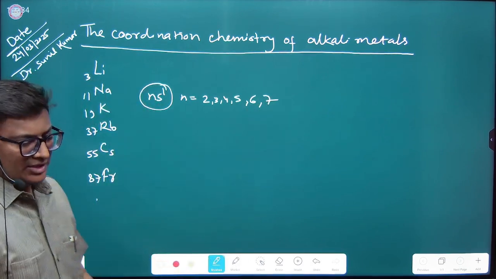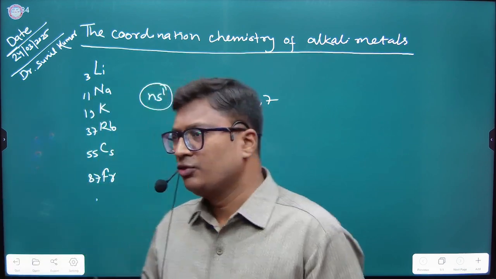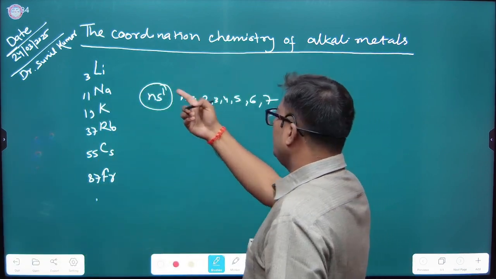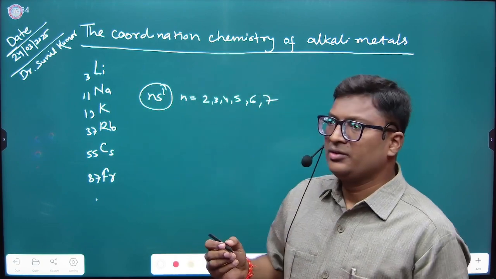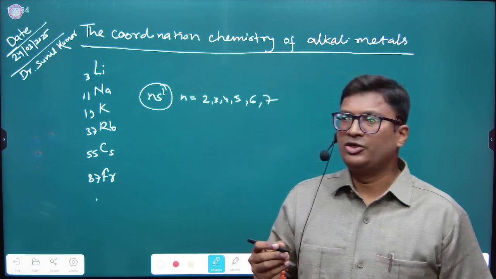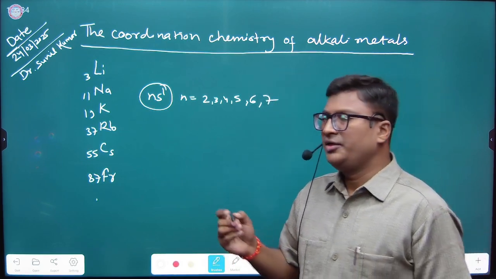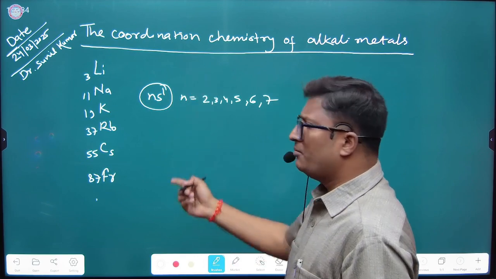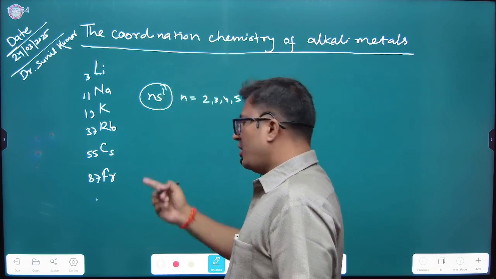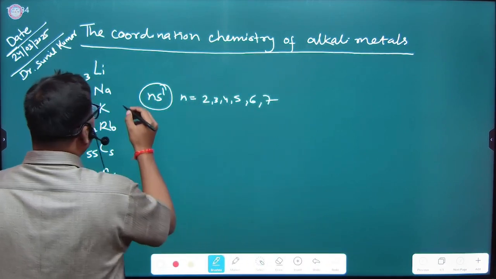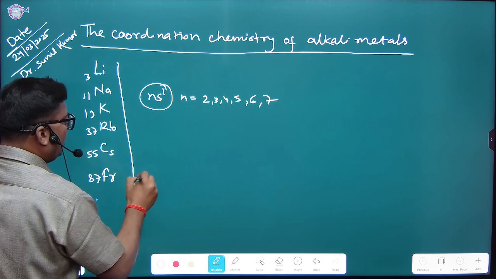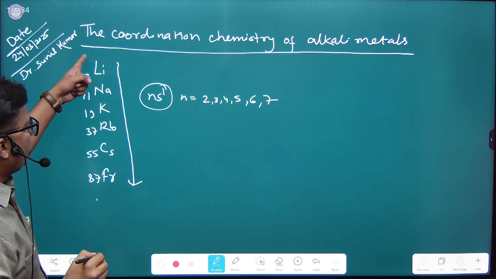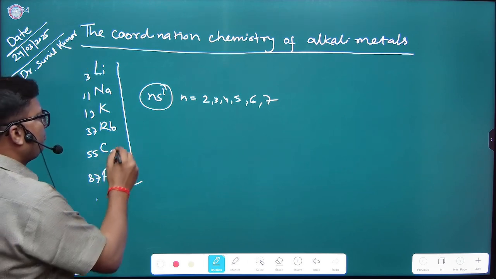As the principal quantum number increases from top to bottom, the distance from the nucleus to the outermost electron increases. It means the size, the atomic radius, increases from top to bottom